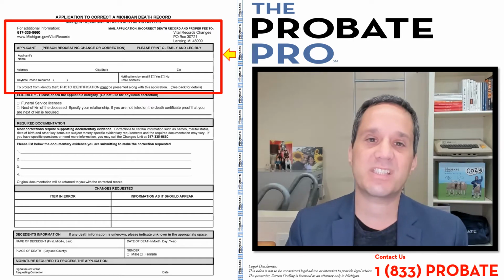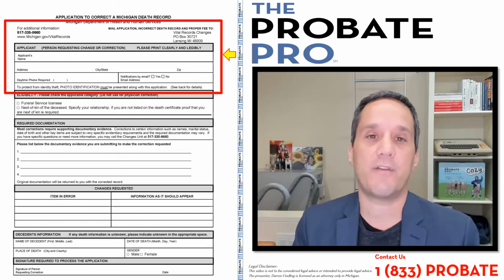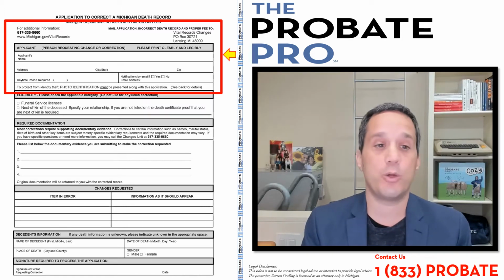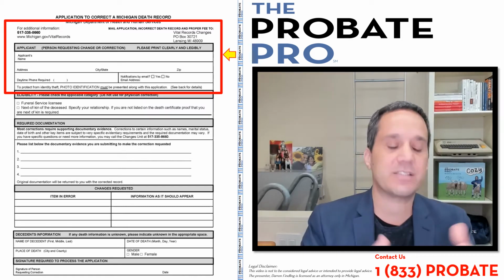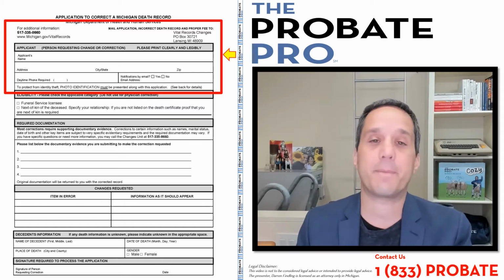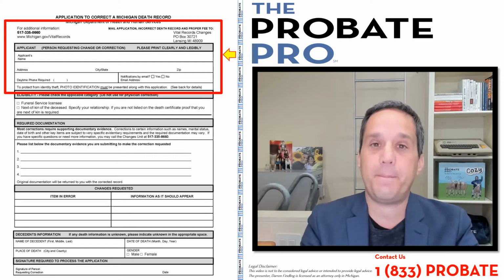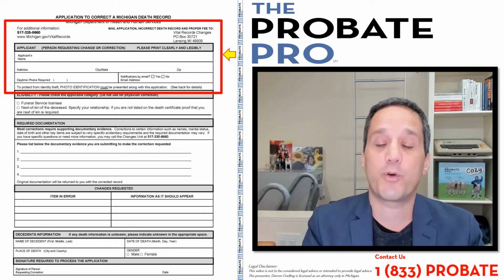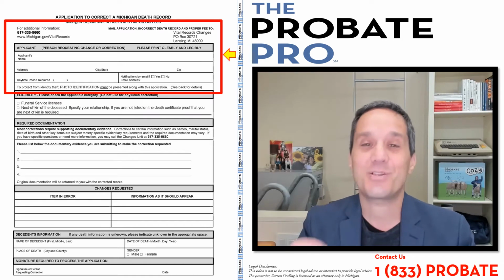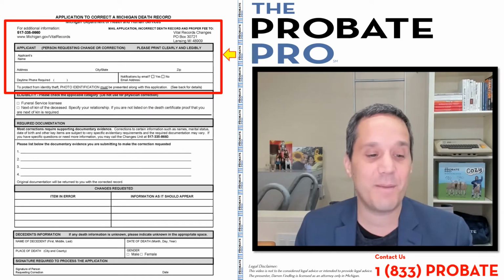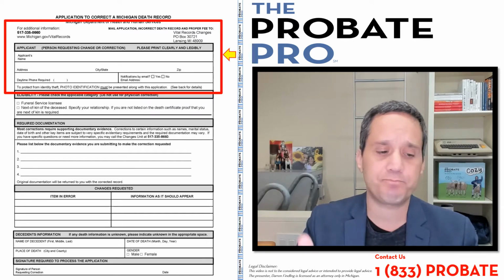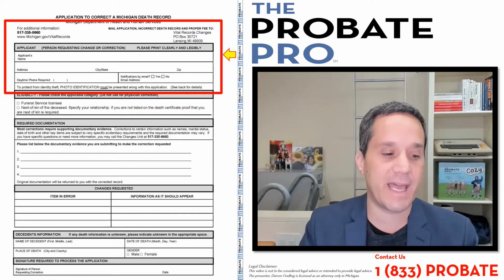What happens if you're just simply aware of a mistake in a death certificate, but you don't meet those definitions? Well, then no, you don't have the right to ask the state of Michigan to correct the information. Now, with this application, there's a $50 fee payable to the state of Michigan for the correction. It seems a little bit onerous that you have to actually pay to correct a mistake that may not have been made by you. Of course, they want photo ID of the applicant and then certain proofs like a court